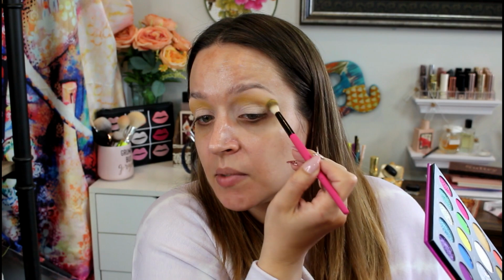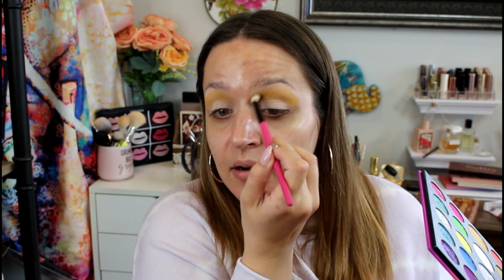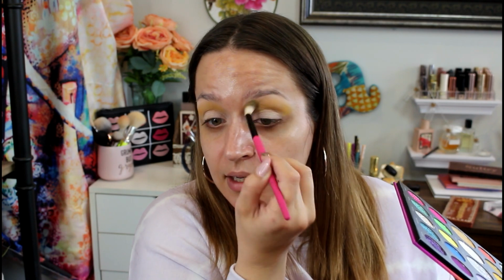Honestly, I have a project pan for eyeshadow and I've been trying to focus on those, but I really want to use this a lot this month to get an idea of how this really works. And also I want to make sure it's good, because if it sucks, when Sephora's reopen, it'll go back. But for now, I'm just excited to give it a shot. Okay, I think I'll just go